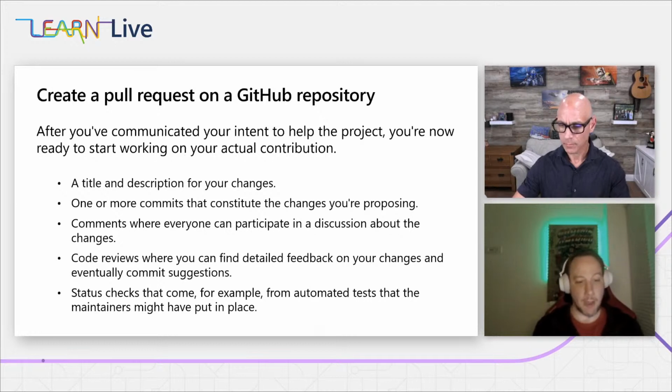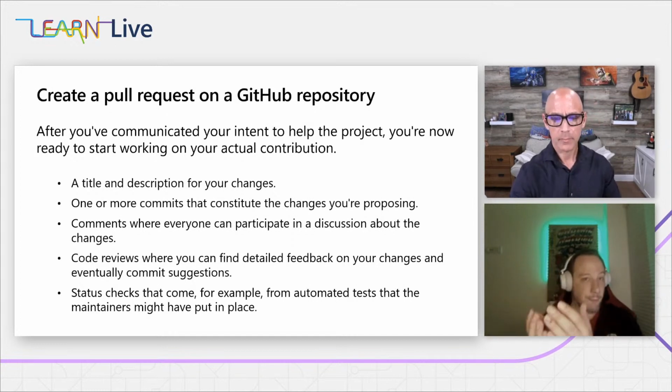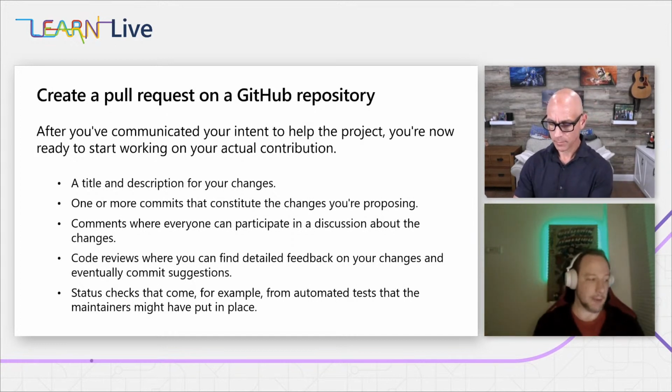We're going to create that pull request. You clone it to your local machine. From there, you're going to make changes. And eventually, we're going to offer a suggestion. Like, this is my contribution, and I want to offer it to you. Can you please accept it? That's literally what a pull request is all about.